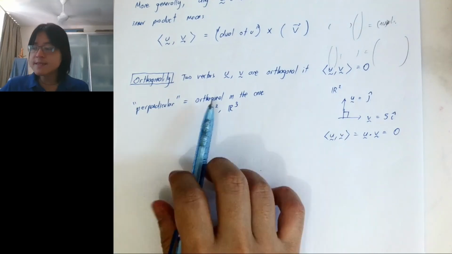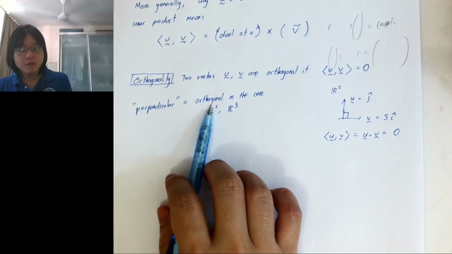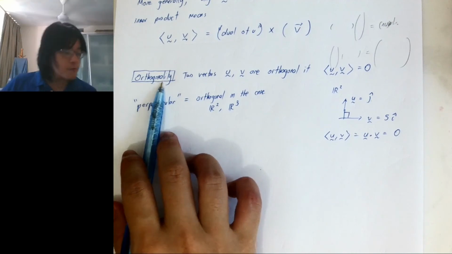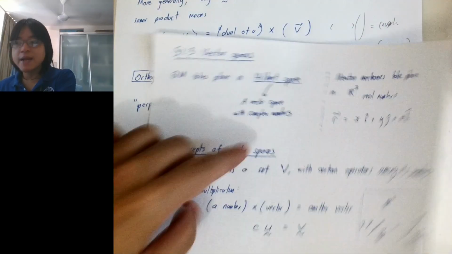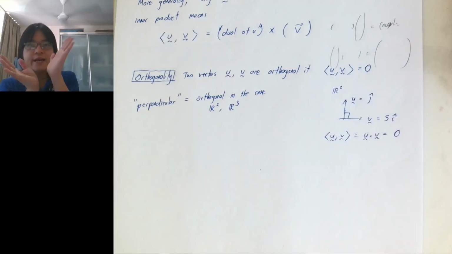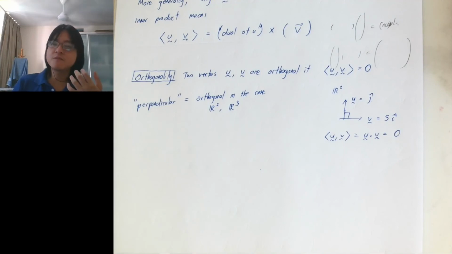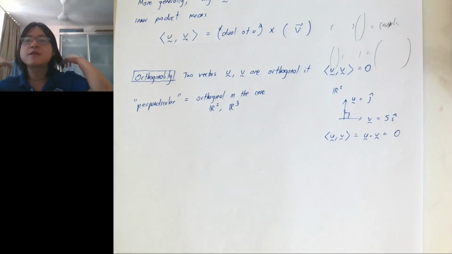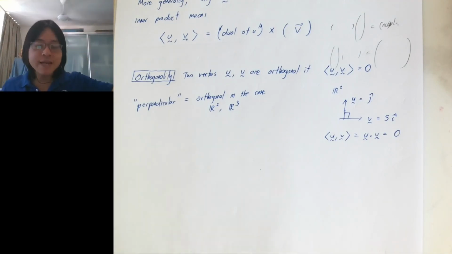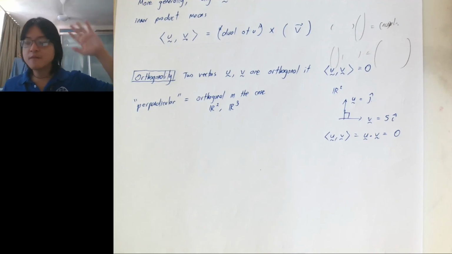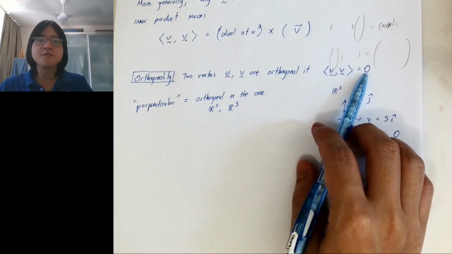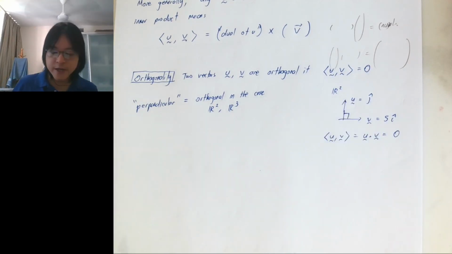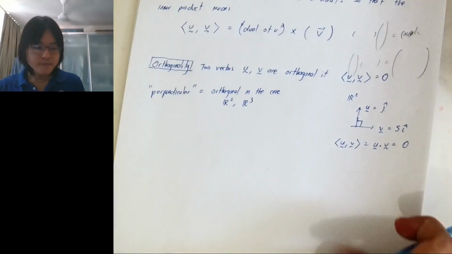Okay, but as I said, we use the special name orthogonal because later we will talk about Hilbert spaces. Hilbert spaces have vectors with complex numbers, so it's going to be more complicated than just this, right? You can't even imagine what it means for something to be orthogonal with complex number vectors. But still, you can do something like this equals 0. That is why you have a special term here.